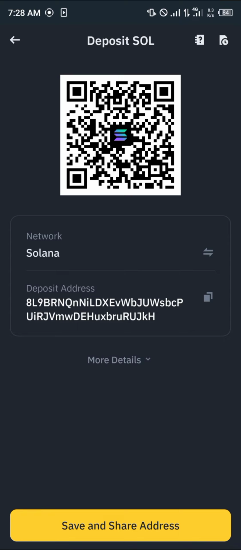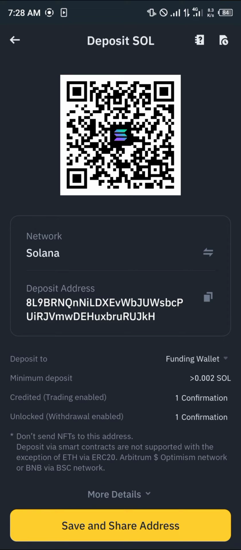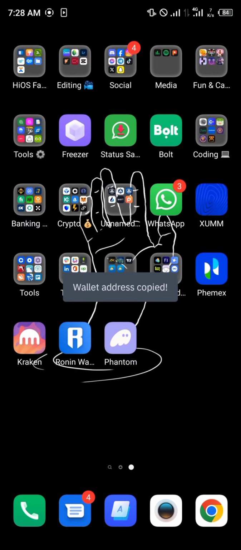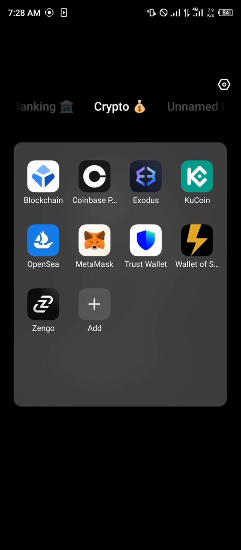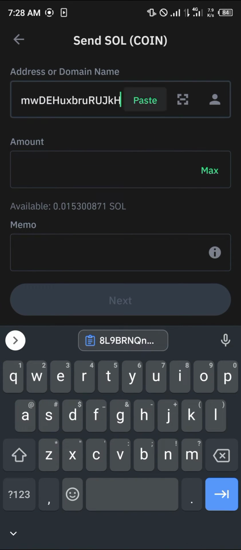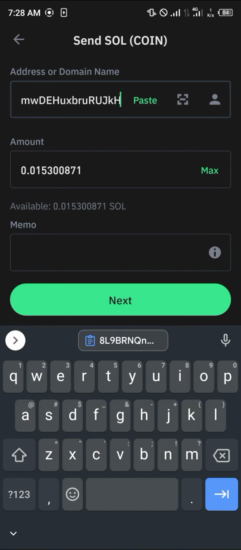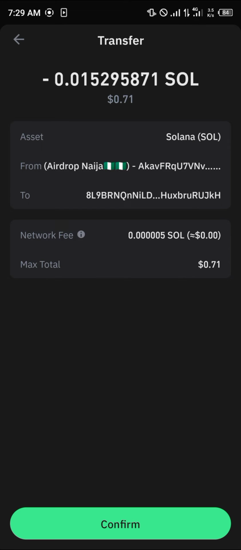You can view more details if you'd want, such as the minimum deposit and the network confirmation. Once you've copied this, minimize, open up your Trust Wallet. With Trust Wallet opened up, paste the wallet address, the amount you wish to send, click on next, and simply click on confirm. So once you've selected confirm, you simply enter your passcode and the Solana would then be sent over to your Binance,